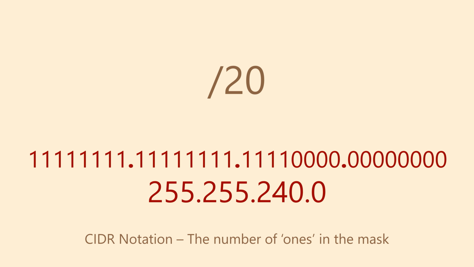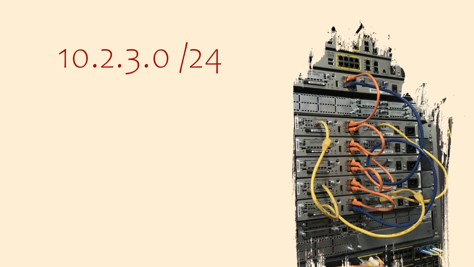I said earlier that we can't quite use all the IP addresses in a subnet. There are two special addresses. These are the very first address and the very last address in the subnet. The first address, that is, when the host bits are all 0, is the network address. In this example, we have the address 10.2.3.0. The subnet mask is /24. A /24 subnet mask is very convenient for humans like us to read, as it covers the first 3 octets of the address in a nice neat way. That leaves the host part of the IP addresses as all zeros.